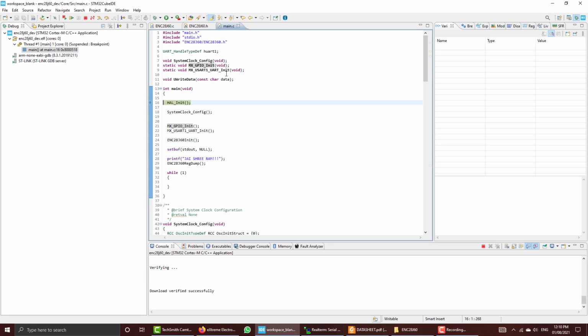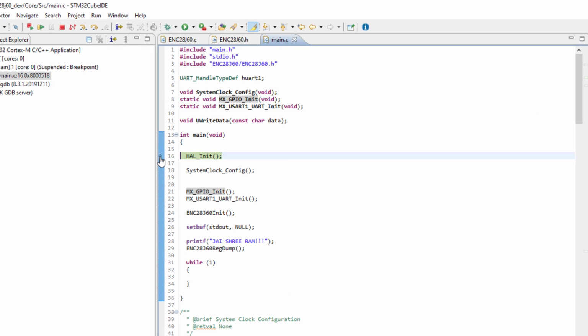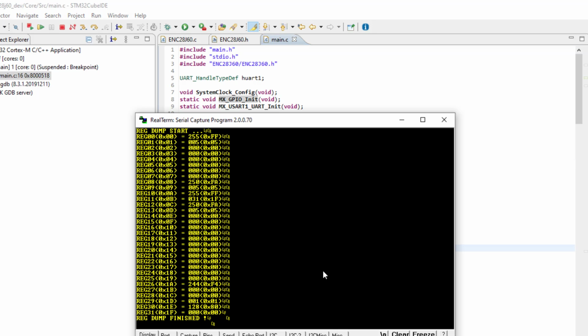The code has been moved to the microcontroller, and this is the debugger view of the IDE. Our current pointer, this blue arrow, is telling the current execution point, and I will hit this resume button so it will start execution. It will also execute this regdump function, and the data will go to our terminal.